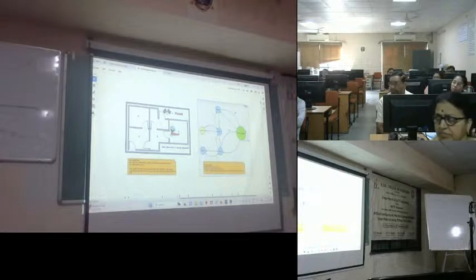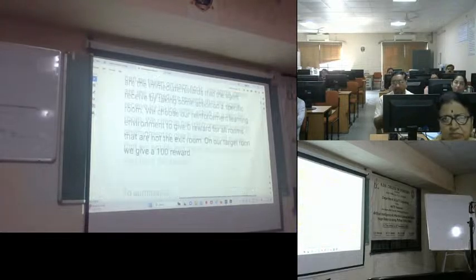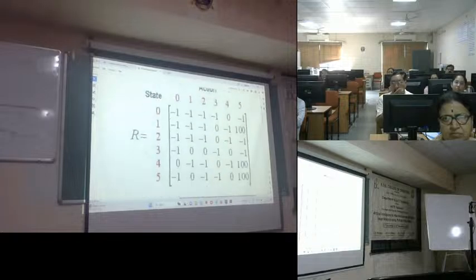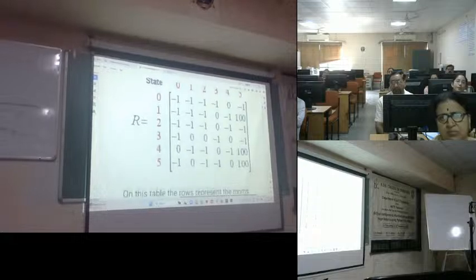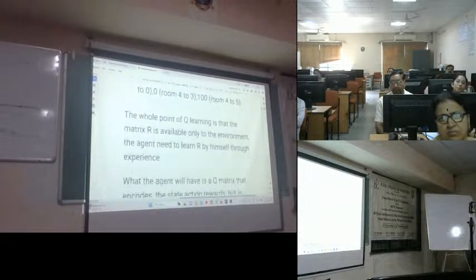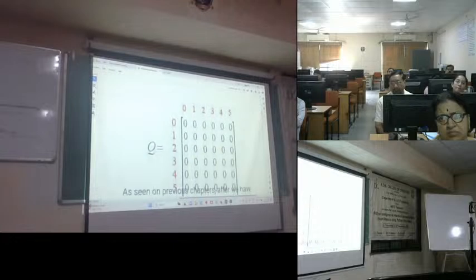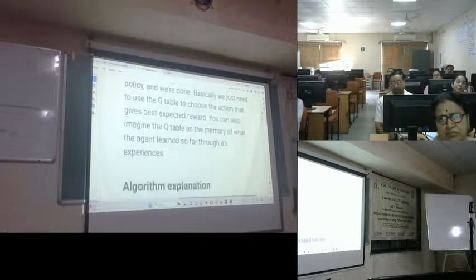So this is the initial setting and then we need to calculate. This is reward matrix, this is initial Q table, ये लर्न करना।